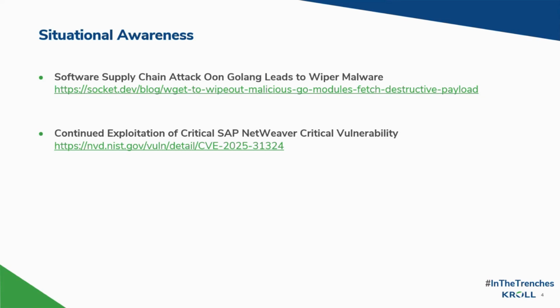Next, we have some more news on the exploitation of a critical SAP NetWeaver vulnerability. Further to Kroll's reporting in previous weeks regarding exploitation of CVE-2025-31324, that's a critical vulnerability that allows a threat actor to execute code on the SAP NetWeaver device remotely. Kroll is observing active exploitation by multiple threat groups, many of them using different TTPs, likely as a result of an initial access broker selling access to compromised devices, and we're tracking this activity in a cluster called KTA 455. Kroll will be sharing more details at a later date.